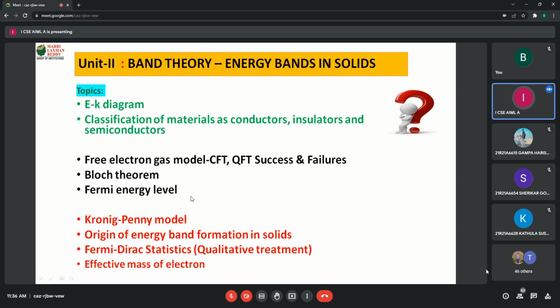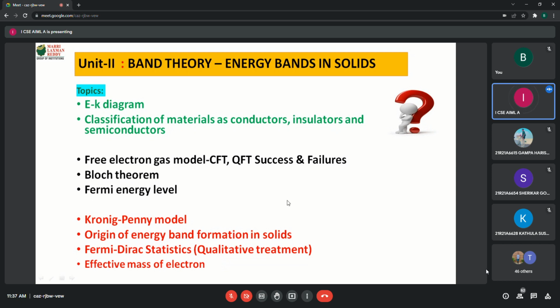Content and the concept both are important. Is it a very important concept or not? Now, the Bloch theorem is an important concept, but the revision of this concept is the Kronig-Penney model. So they always ask the latest model rather than the old model. Actually, the Bloch theorem is also explaining the same thing the Kronig-Penney model explains: the variation of potential energy when an electron is moving in a periodic field. Both explain the same concept, but the Kronig-Penney model is the successful model. That's why only the successful model can be expected as an important question.